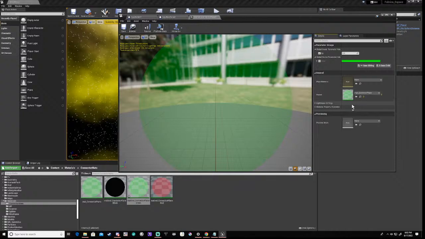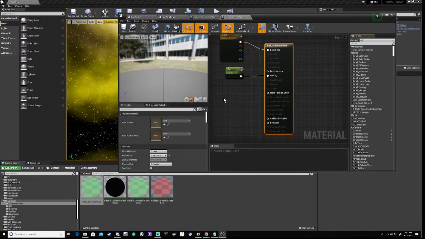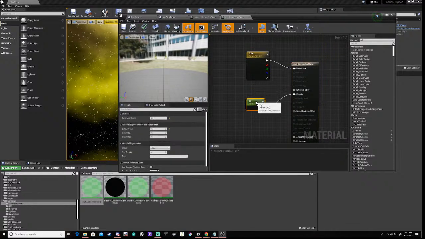So what we're going to do right off the bat is go to our base, double click, and add another parameter, and we are going to call it emissive,